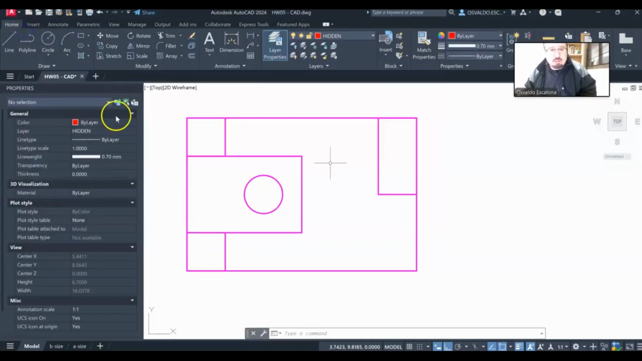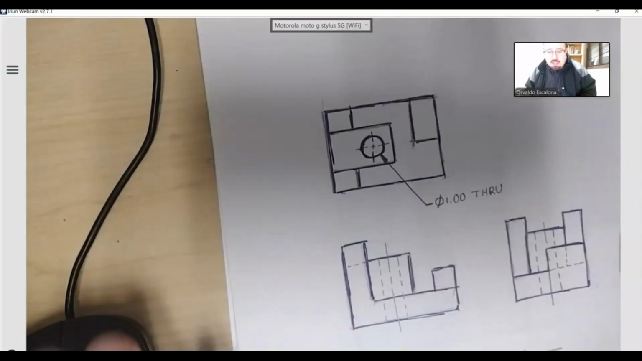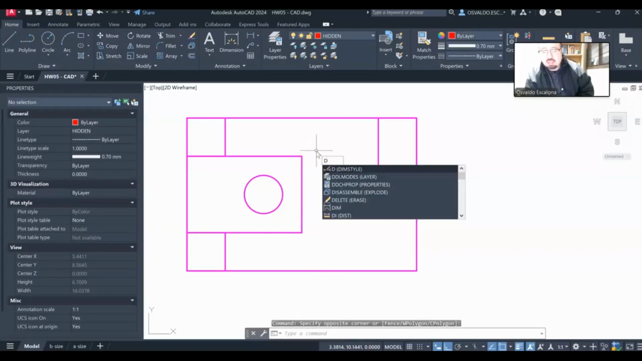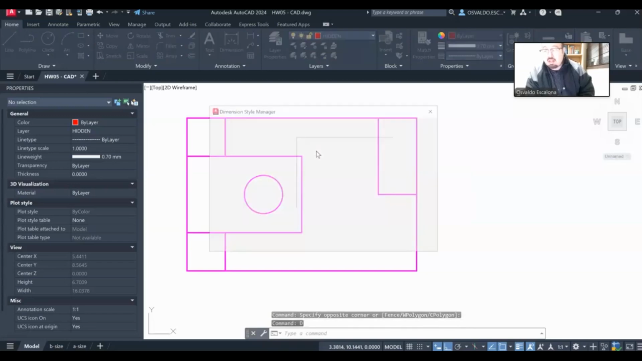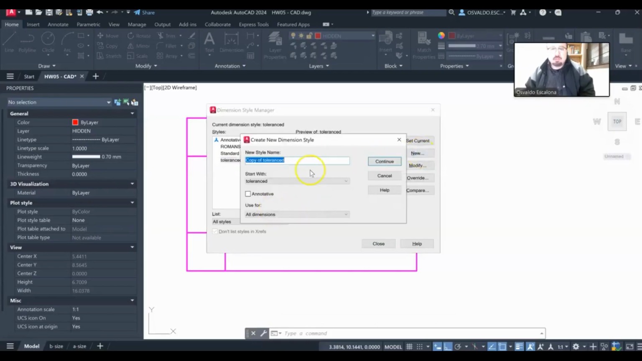Now, how do I do a center mark? Center mark is the bullseye. Bullseye that you guys probably remember, looks like this, right? So how do I do a bullseye? Well, first I need to go to dimension styles, which is D for dimension style. So you can type dim style. I'm going to click spacebar, and I want to create a new one, and I'm going to call it dimensions. I'm going to say continue,